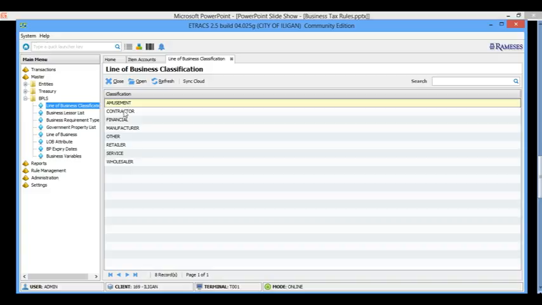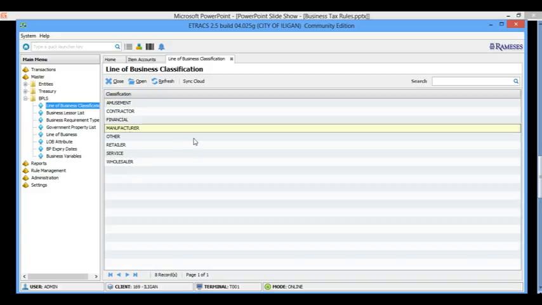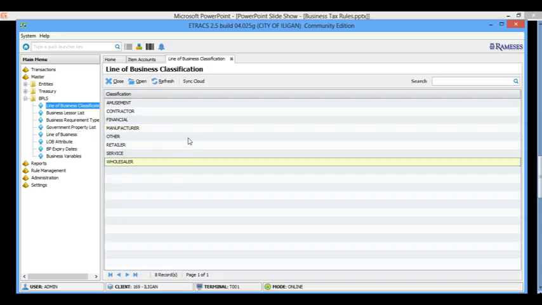Okay, so this is for simplifying the rules. For example, under manufacturer, you have several types, like assemblers and producers. They are all classified under manufacturer. For wholesaler, you have the distributor and the dealer. Even though it's a separate name, the general classification here is still wholesaler. That means they're under the wholesaler tax bracket.